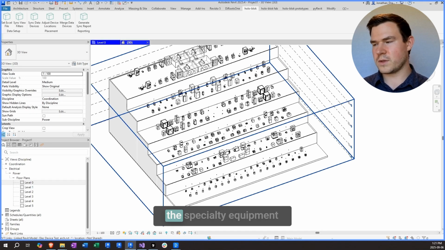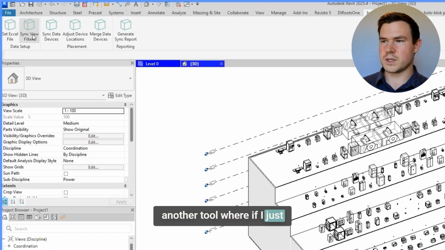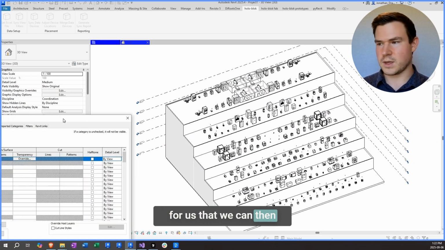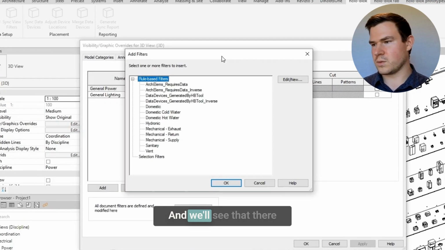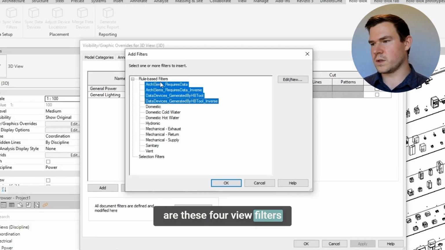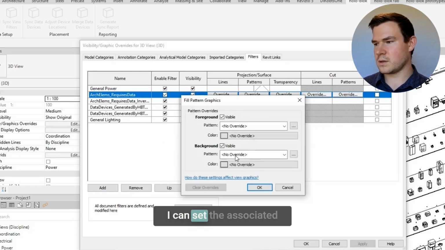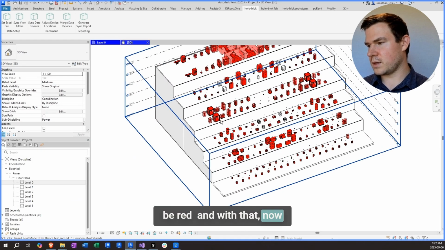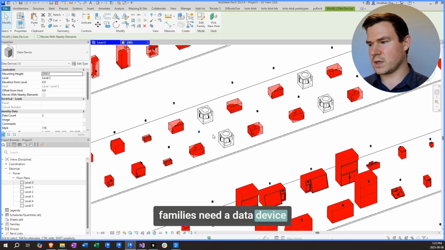The thing is, not all of the specialty equipment families in the link are listed in the Excel file. Not all of them need data devices. So we created another tool where if I just click on Sync View Filters, it's going to very quickly create some view filters for us that we can then apply to control visibility. I'm just going to click on Add, and we'll see that there are these 4 view filters that were generated for us. So if I add all of these, I can set the associated architectural elements to be red. And with that, now we can see very easily which specialty equipment families need a data device versus the others